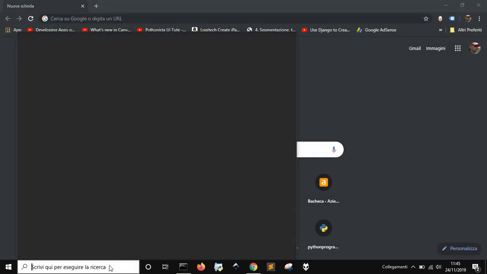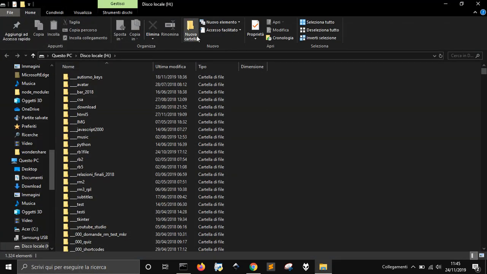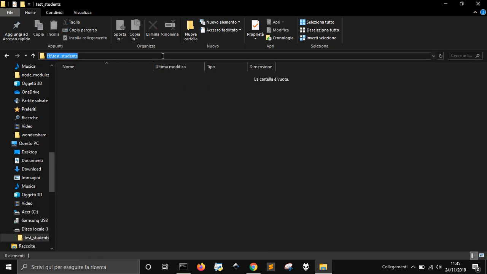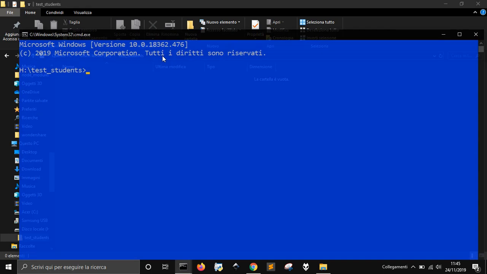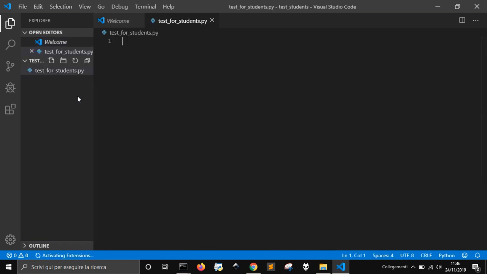Let's go into my hard drive and let's create a folder that we will call test students, and from here let's go in the address bar and press CMD code to start using Visual Code. From here let's create a new file that we will call test for students.py, and we're gonna need